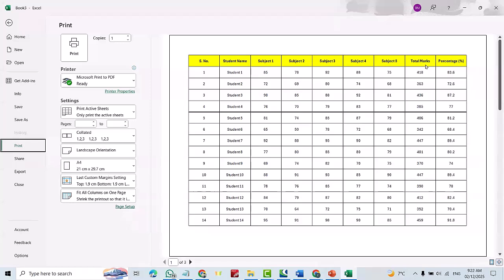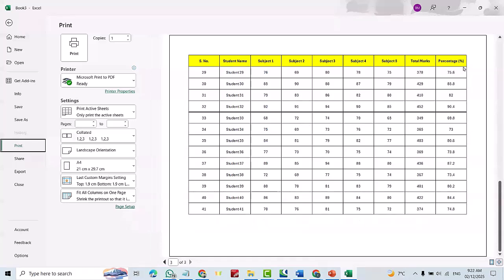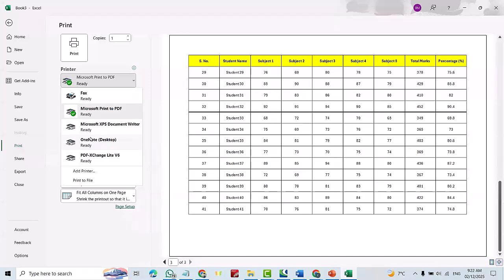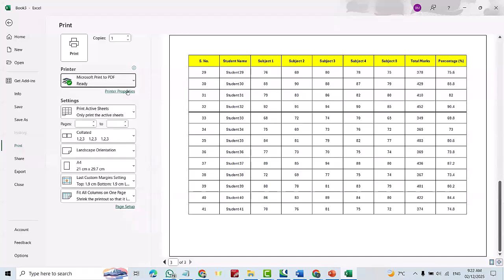the data is perfect. Here we have the title. In the second page also we have the title. In the third page also we have the title. That's the way to print your data. Also, you can here select the printer, which printer you want. For example, this one. That's the way to perfectly print your data. Just print and everything will be right.